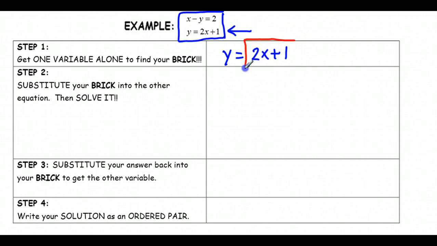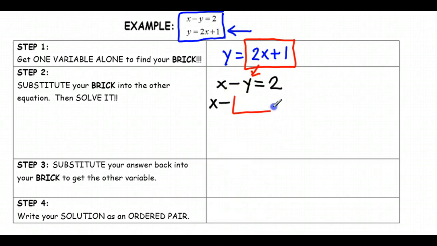So I'm going to take that value and plug it into our other equation. So our other equation, being the top one, is x minus y equals 2. But like I just said, I'm going to take the value of y, which is my brick, and plug it in. So now we have x minus our brick,